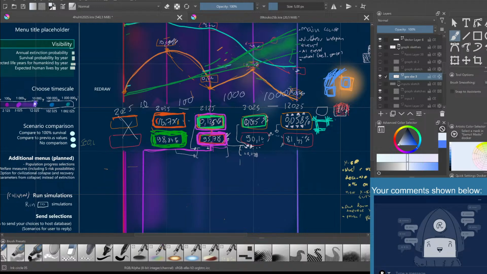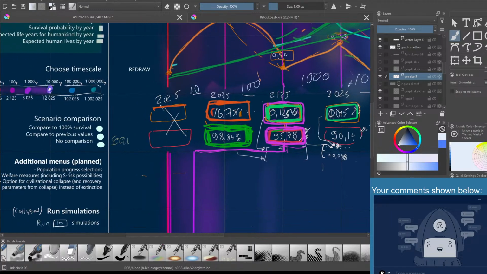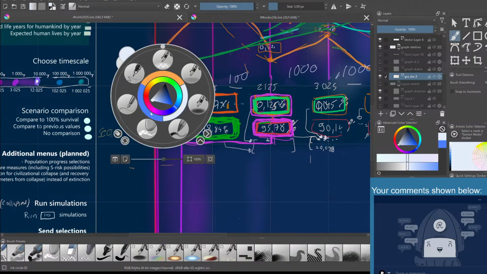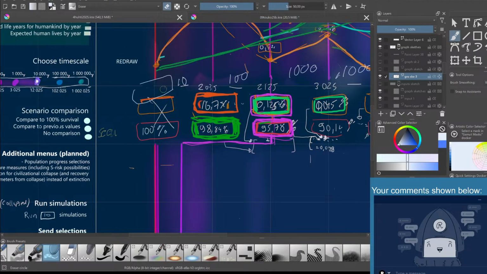So let's continue. And I was thinking here, maybe one thing that now caught my eye is that here I would also like to have... This could also be nice to make the point that we start at 100% survival rate, that this is the present moment. Maybe this could be just dubbed present time,